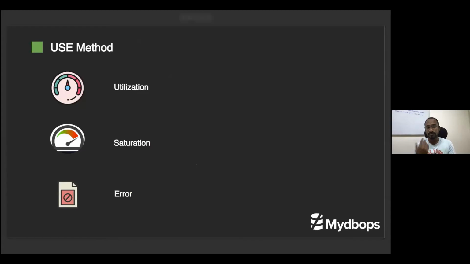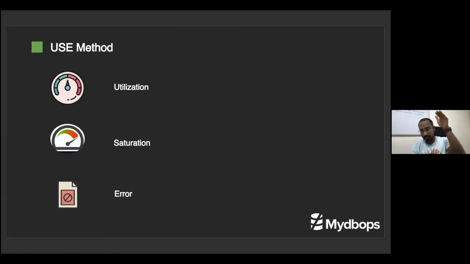Finally, the USE method. The USE method is one of the interesting methods which was introduced by my guru Brendan Gregg from Netflix. I'm sure that everyone in the infrastructure world knows about Brendan Gregg. I don't need to give a big introduction for that guy. He introduced the method called USE method. I feel like the USE method is another version of the workload characterization method, because there are four things we need to look into in the workload characterization method.